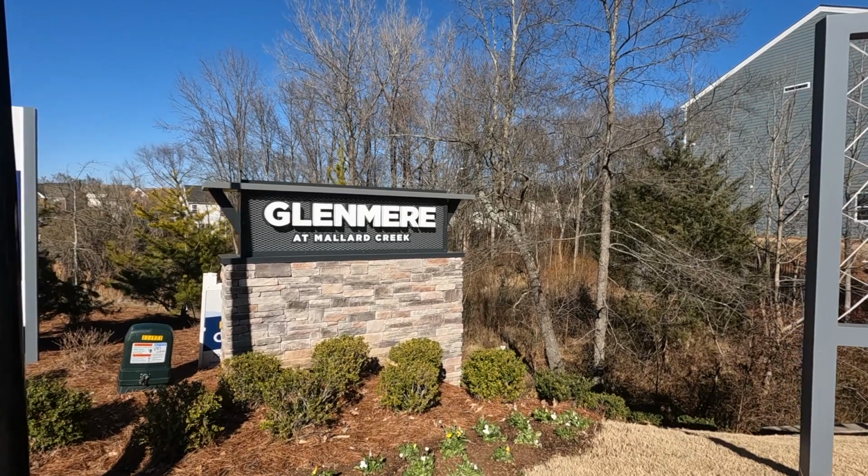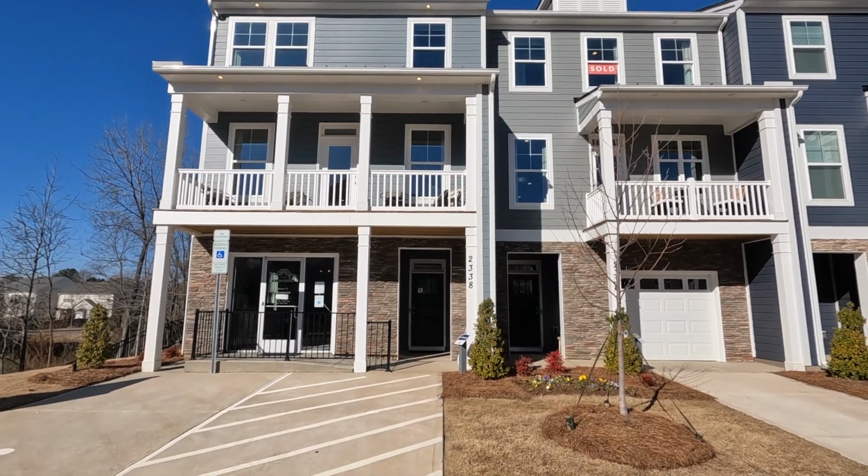So I'm currently at Glenmere Townhomes, but before we go inside this three-story townhome, which is absolutely gorgeous,